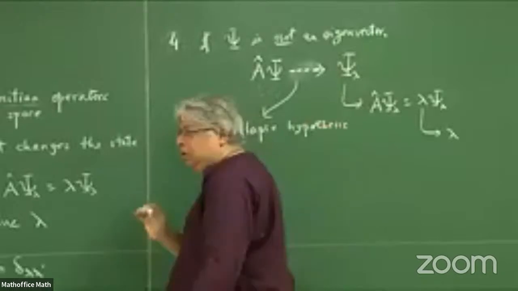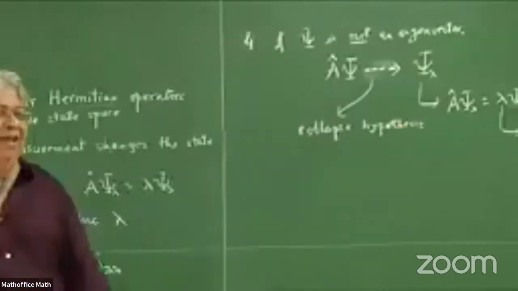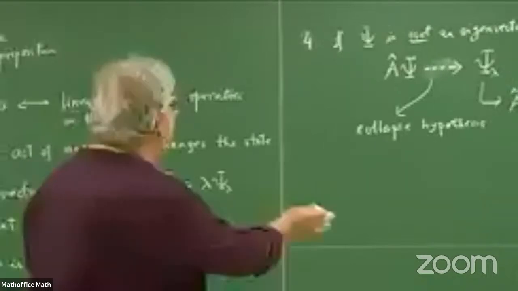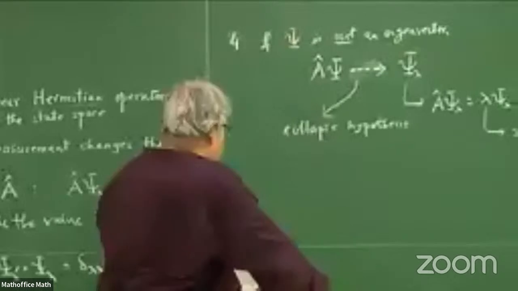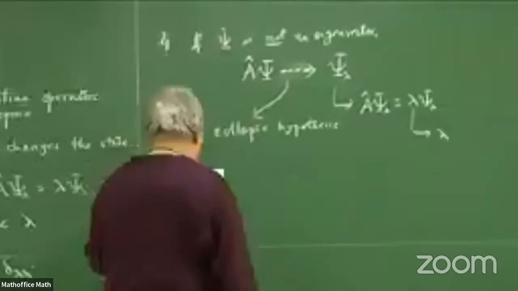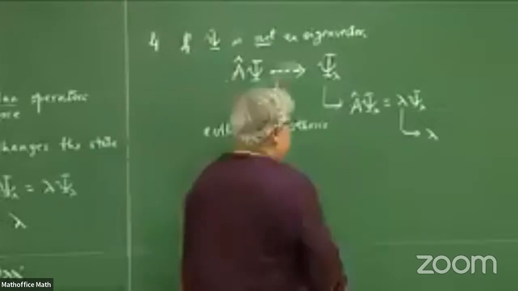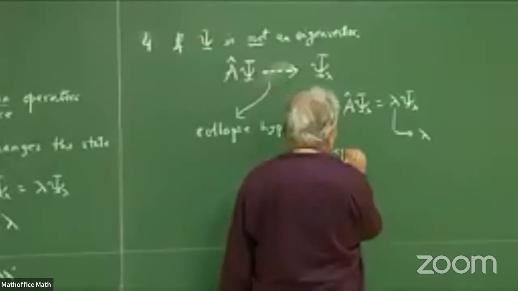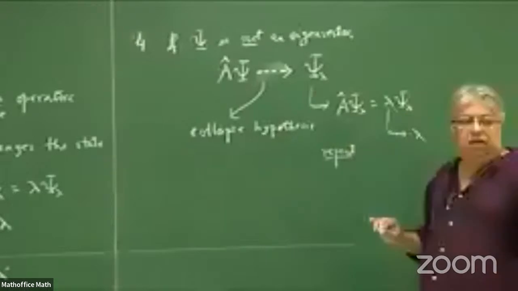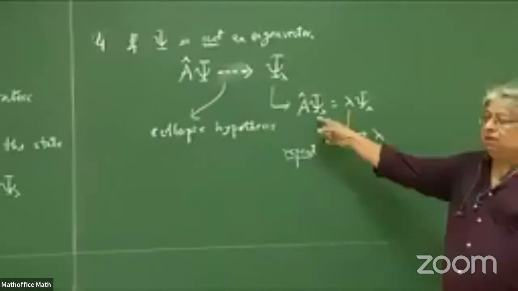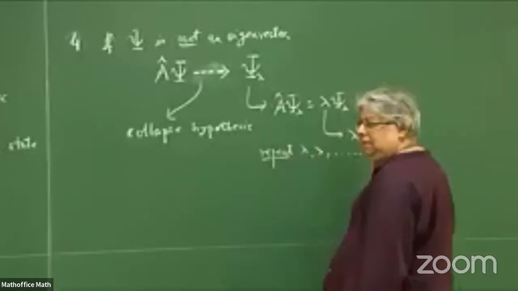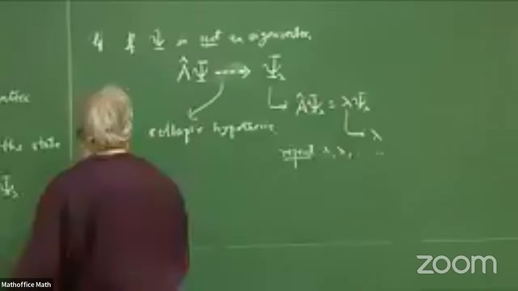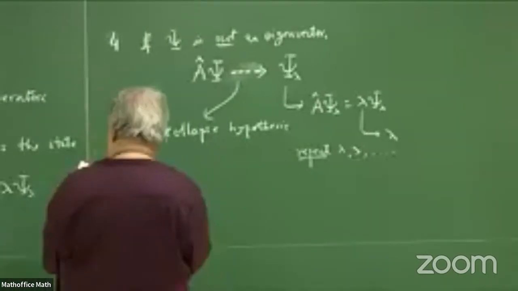So today I'm going to throw a lot of hypotheses at you, because we don't have time to go into all the background for this. There were good physical reasons for assuming all of this, which I will not have time for. And now if you keep on making a measurement, now repeat. If you repeat, there's no problem because it's now reached the eigenstate. So you will again get lambda. Keep repeating.